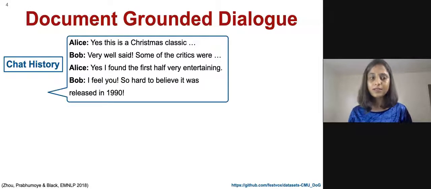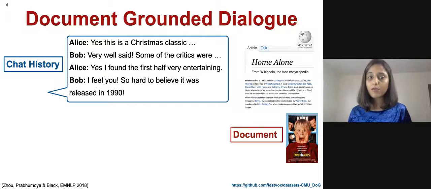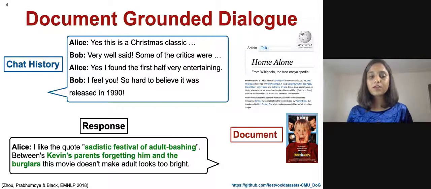Now, to address this, here is a task where you have a chat history, and Alice and Bob in this conversation are talking about a movie, and most of the information that they use is from this Wikipedia article about this movie. The task is to generate a response to this chat history, given the chat history as well as the document. So Alice over here has used information from the document, which is marked in green, to